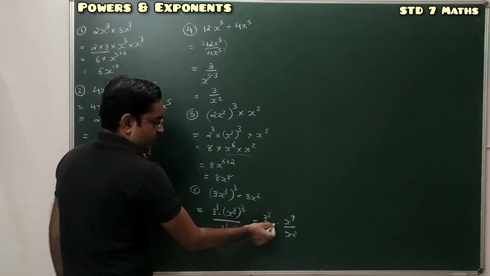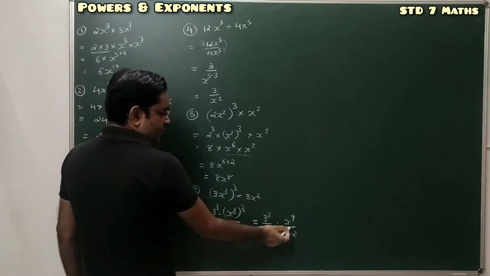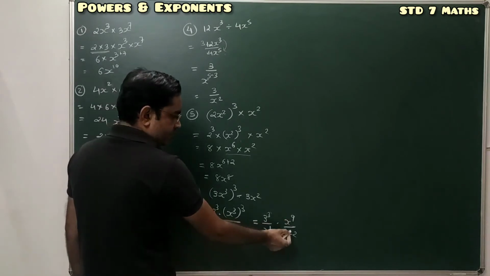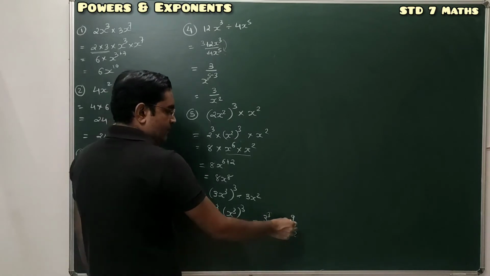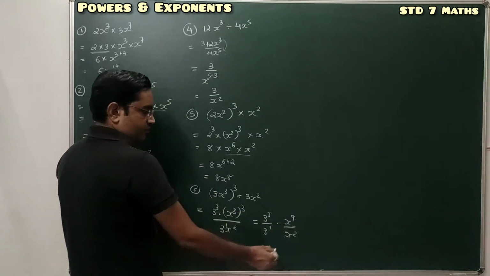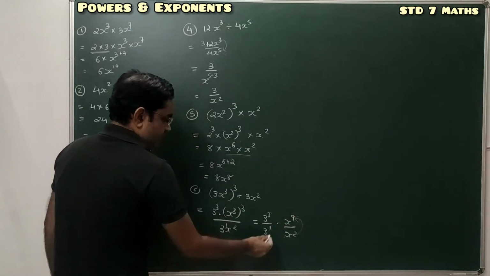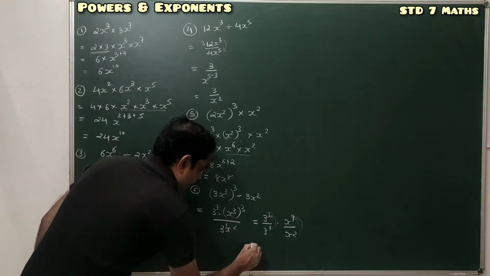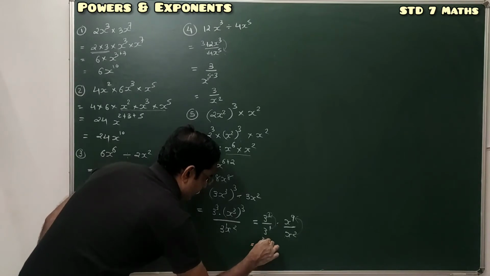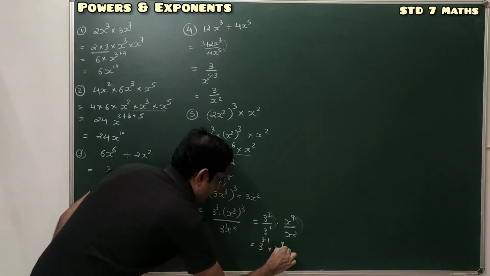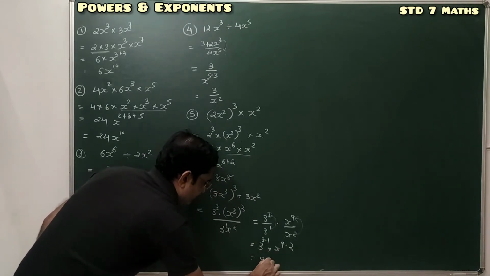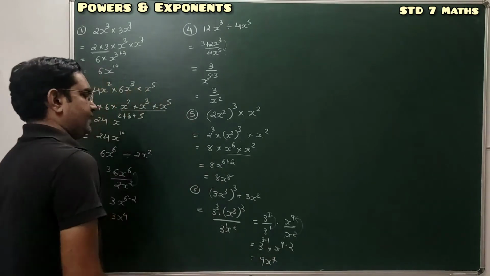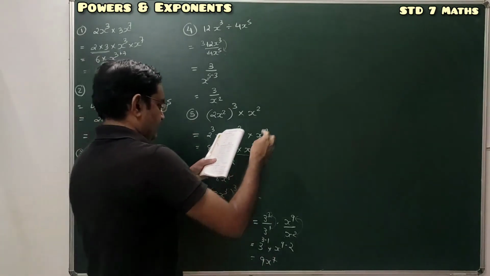Here power of numerator is greater than power of denominator, so we can perform the subtraction at numerator. Same way here 2 powers are in division with the same base x, so we can perform the subtraction of these 2 powers. Power of numerator is greater than power of denominator, so subtraction will be performed at numerator. Here it's also in numerator. So simplification is 3 raised to 3 minus 1 into x raised to 9 minus 2. So 3 minus 1 is 2, 3 square is 9, x raised to 7. 9x raised to 7 is the answer, final answer students.